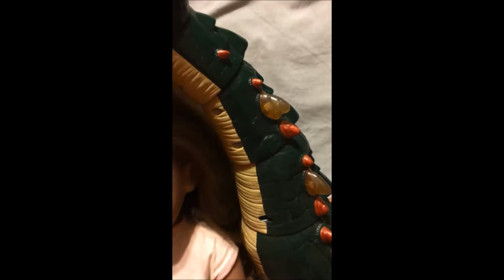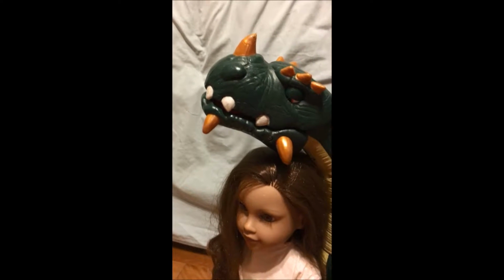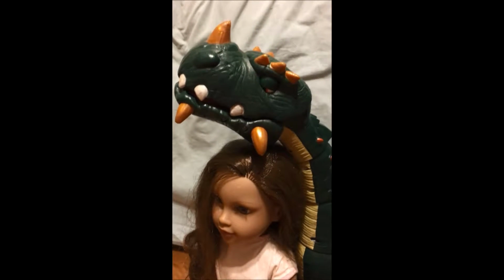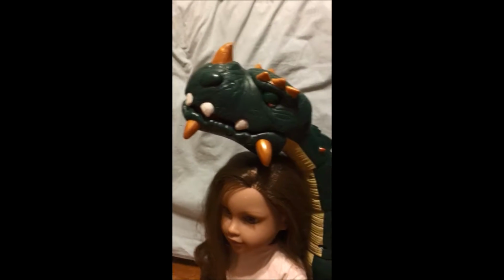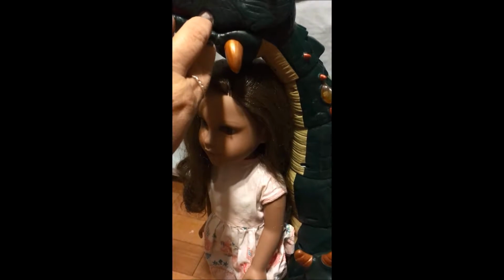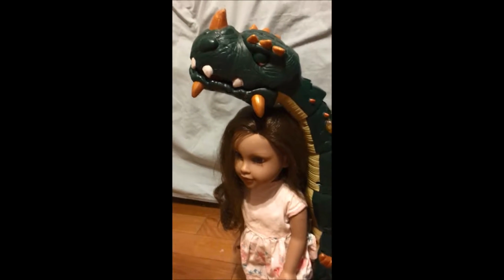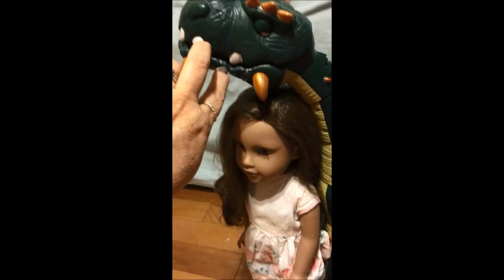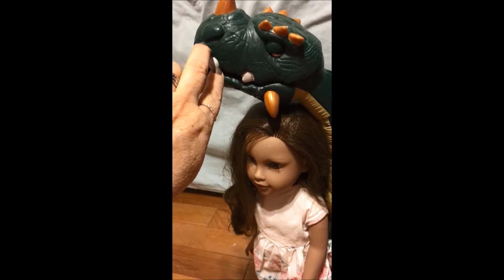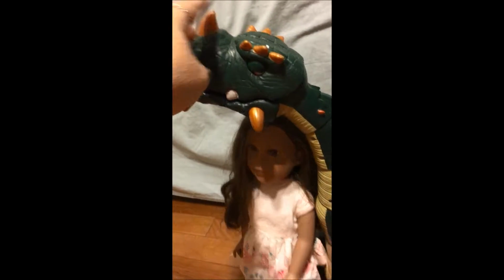I would say Gwen is Journey Girl's doll, and she's 18 inches. So he's got to be 23 or 24 inches tall, at least. Yeah, at least that much. Okay, I'm measuring with my fingers. I don't know if you saw that, but yeah, 20, 21, 22 with the tip of his nose there. Oops, Gwen just took a header. Okay, so anyway,